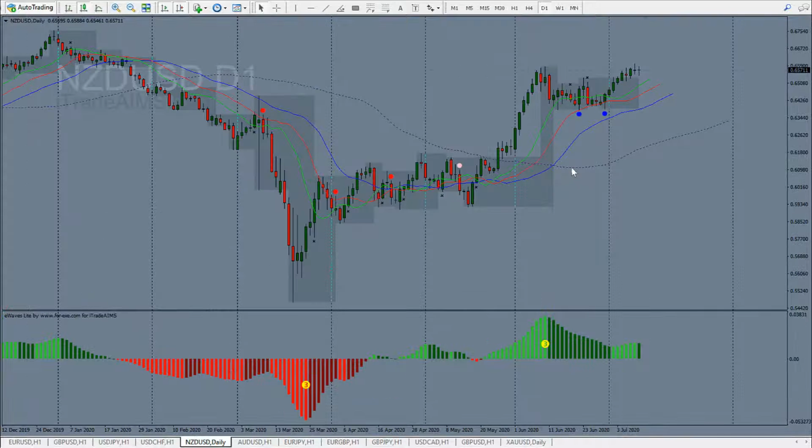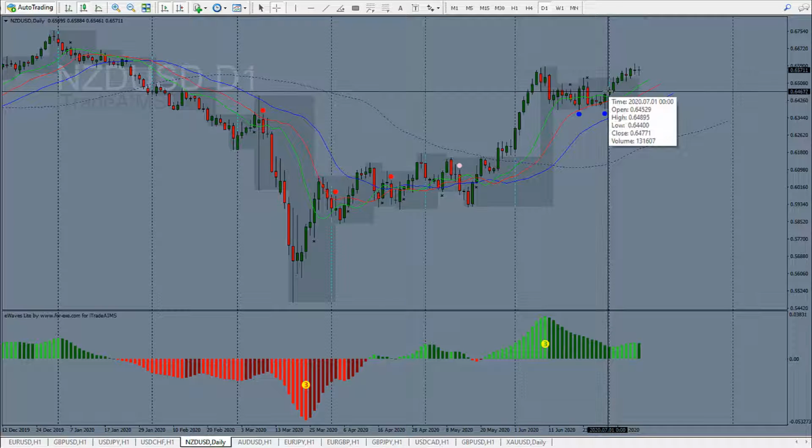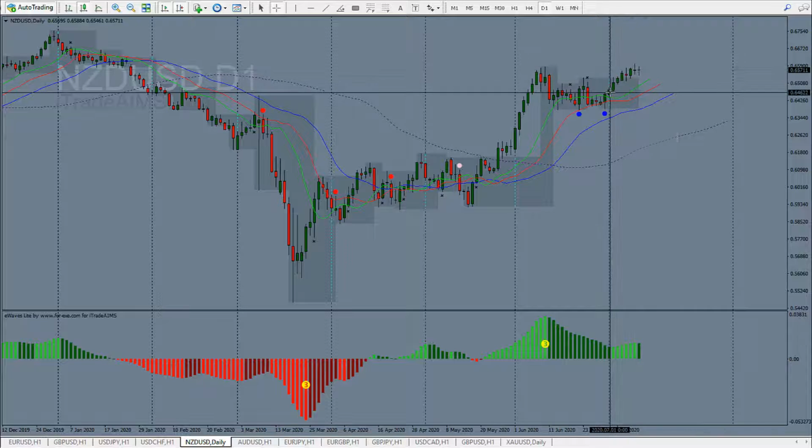So Kiwi has been in a consistent uptrend, but somewhere around the 9th of June, that strong uptrend kind of stopped, and it's still since been going sideways. If you were long from here on this blue dot signal, your stop loss would be here, you'd still be long. If you went long on this blue dot above the high of that and stop loss here, then you probably have taken half your profits here and have your stop loss at break even,